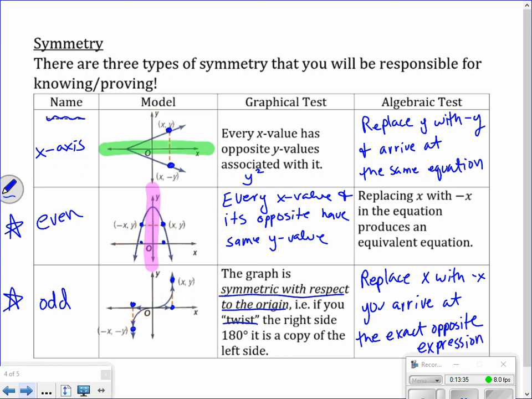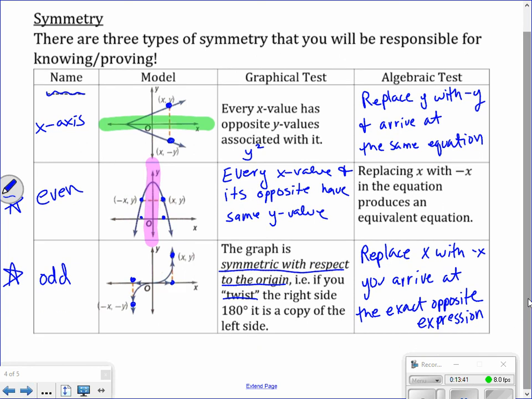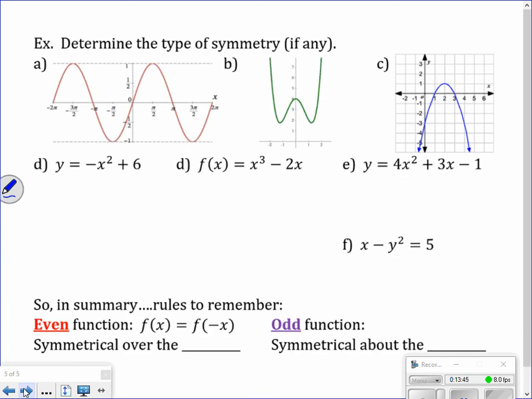So you arrive at, or you get the exact opposite expression. So you'll see what I mean when we do some of the problems. Okay? All right, so on a picture. So this is our last page. Yeah, our last page. So when you have a picture, you're just going to have to look for the symmetry